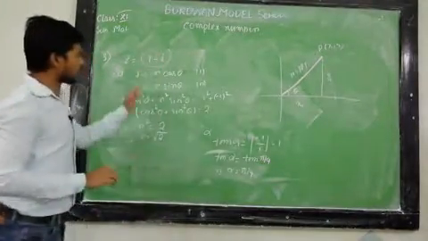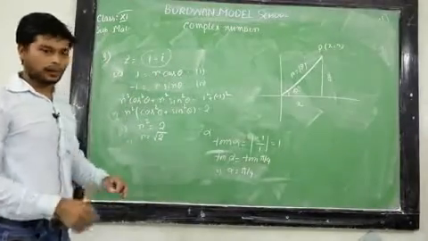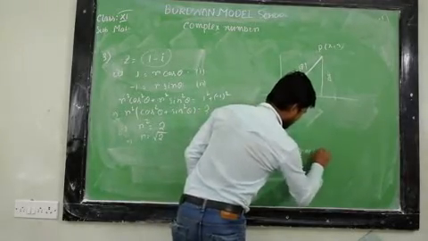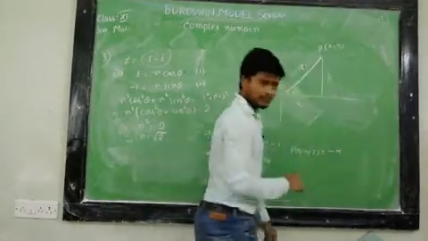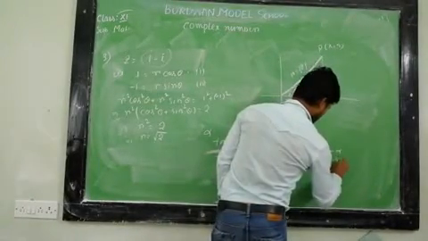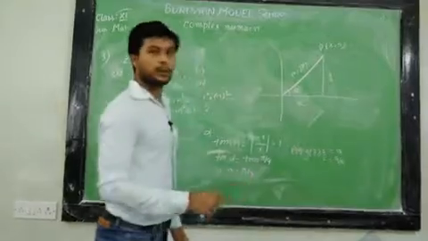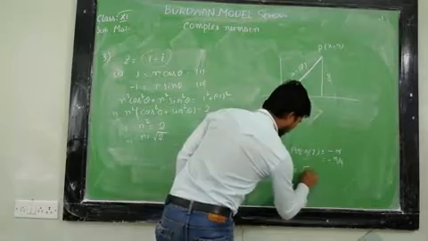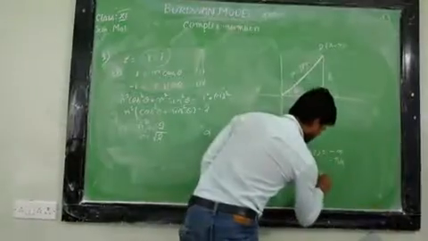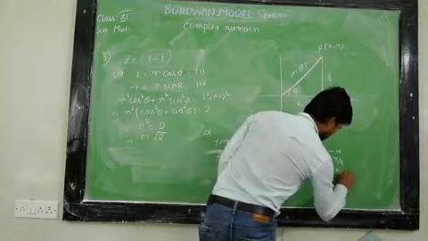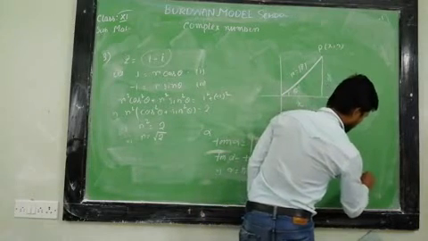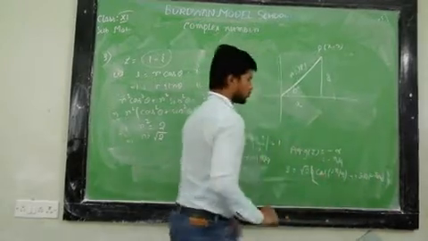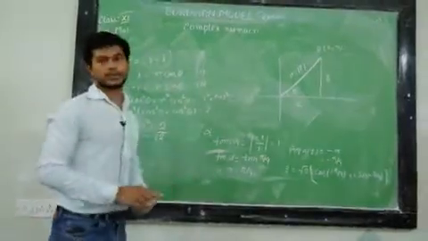The point is obviously lying on the fourth quadrant, and on the fourth quadrant we know argument of z, theta, is equal to minus alpha, so that is equal to minus pi by 4. Therefore the polar form of the given complex number will be z equal to r, root over 3, cos of minus pi by 4 plus iota sin minus pi by 4. So this is the polar form of the given complex number.